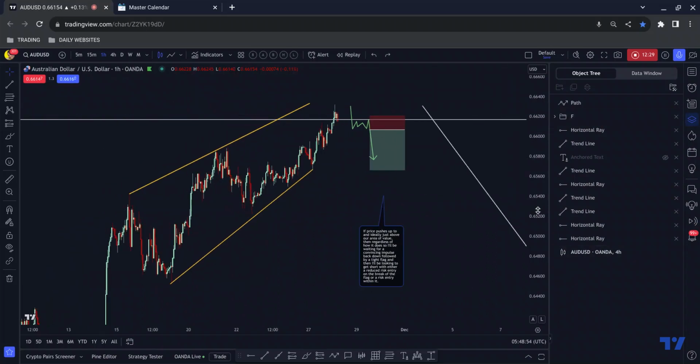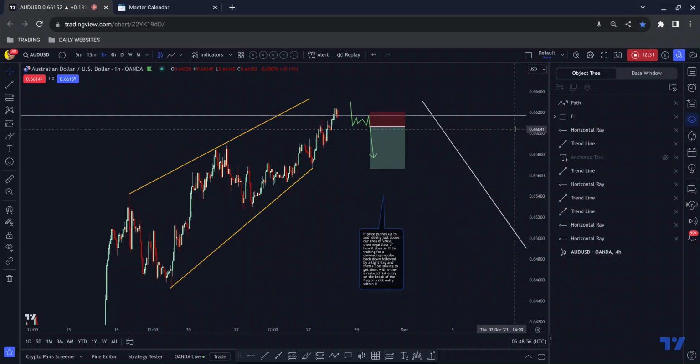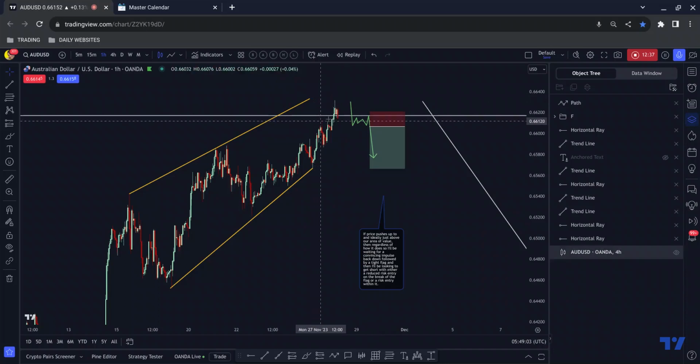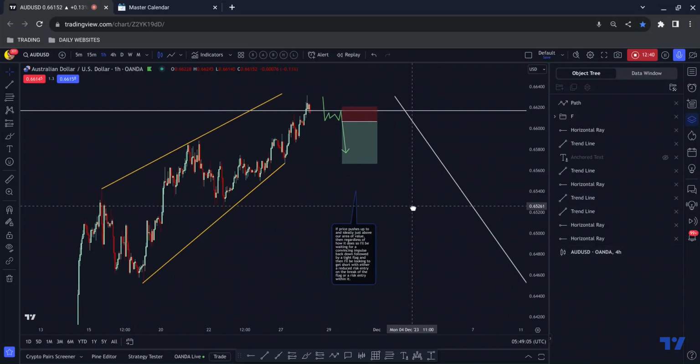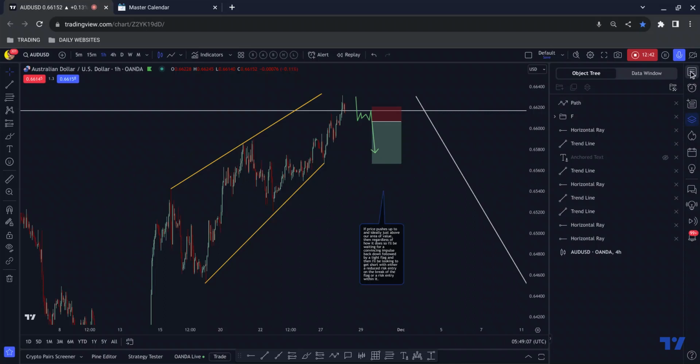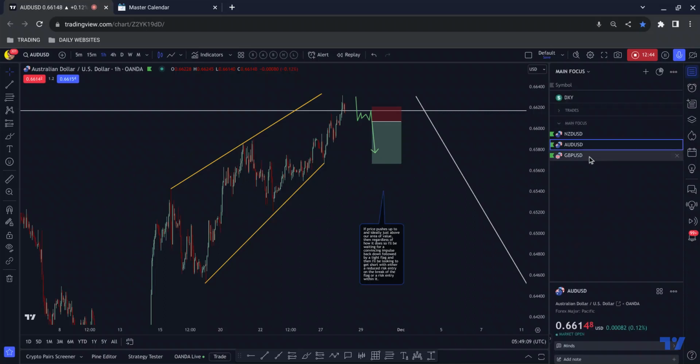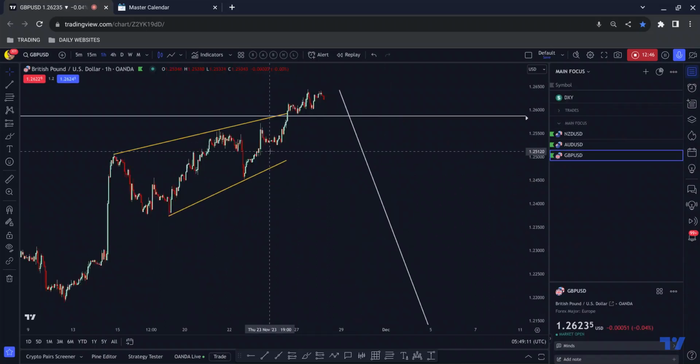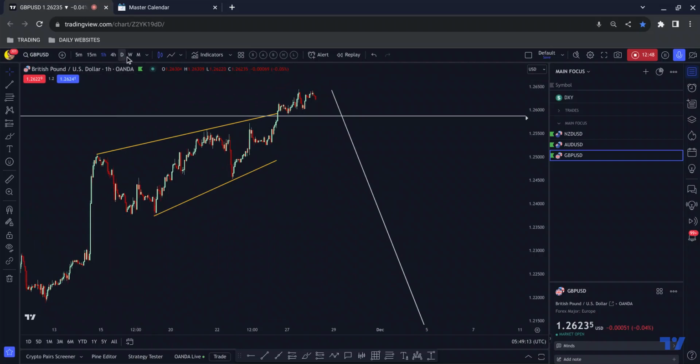So that is Aussie dollar. As I say, I'm going to set a Google Calendar reminder in a minute to remind me to check this now that we are already at the area of value, and my alert has already been triggered. So that is Aussie dollar. And if we just go down to the last pair, which is pound dollar,